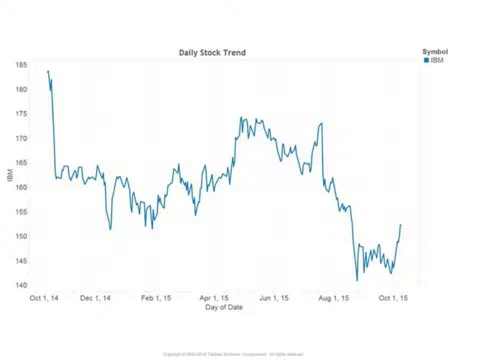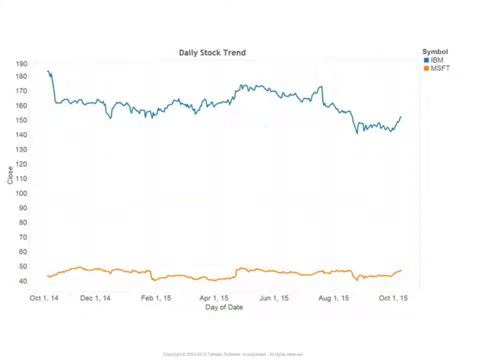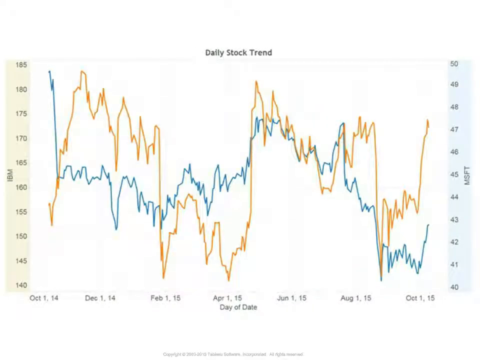Now, often people look at two stocks against each other over time. Here's IBM and Microsoft. Here I've plotted the data without zero, and so you can see the relative movements of these prices, but it can be hard to understand their absolute magnitudes against each other, which of course isn't really that relevant because the stock prices are different to each other. What people often do is, rather than putting the two curves on the same axis, they create a dual axis view. And here's an example of the two prices on the dual axis view.